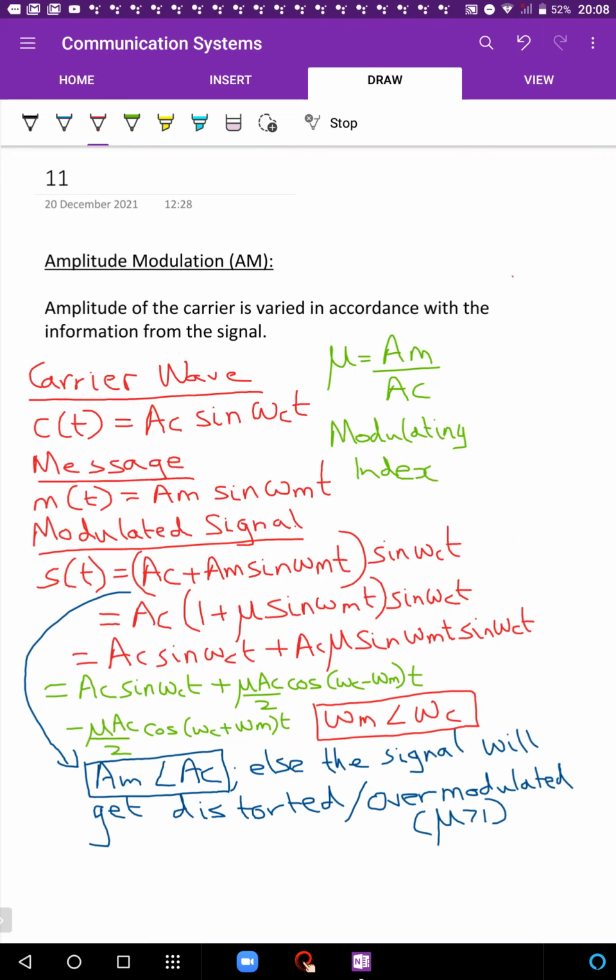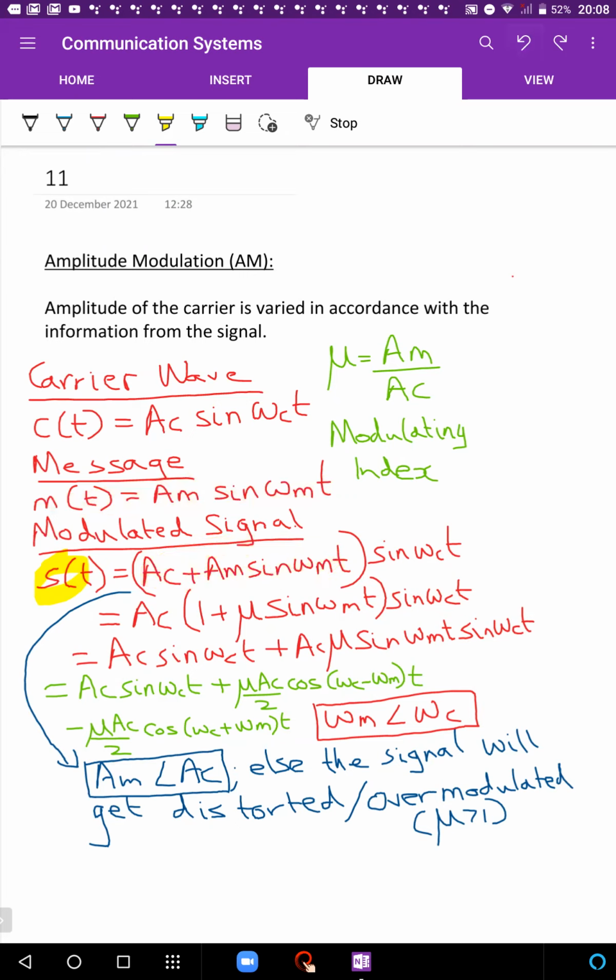ठीक है, तो वो जो कैरियर वेव का जो एम्पलीट्यूड है उसके ऊपर हम ये मैसेज वेव का एम्पलीट्यूड डाल रहे हैं. तो अब जो सिग्नल बाहर जाएगा, उस सिग्नल का एम्पलीट्यूड इज नाउ गोइंग टू वेरी इन अकॉर्डेंस विथ माय मैसेज. और जब रिसीवर इस सिग्नल को रिसीव करेगा, वो ये वेरिंग एम्पलीट्यूड से A_C सब्ट्रैक्ट करके मैसेज सिग्नल रिट्रीव करेगा. It's a fascinating idea, but this is how AM modulation works.